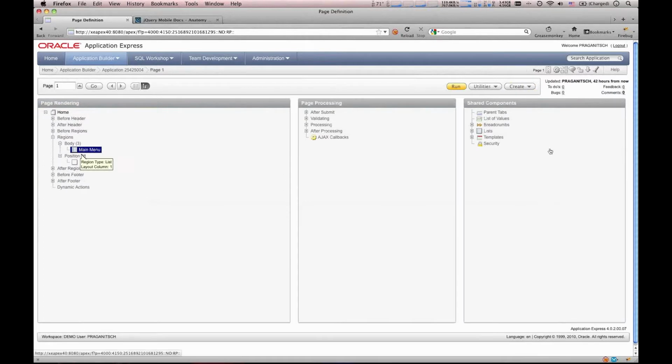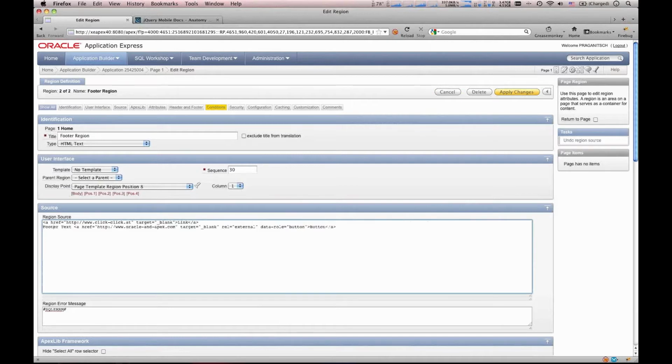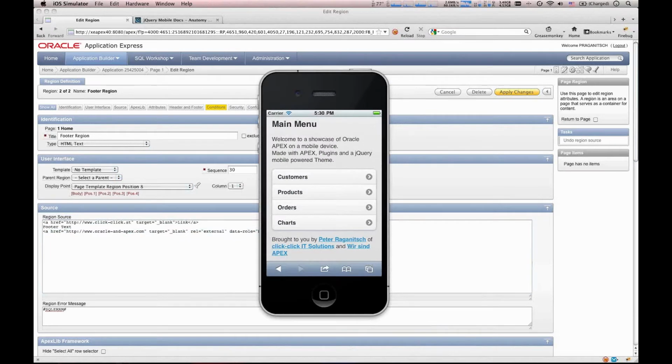So a simple list definition, a simple footer region. This is just to show what different kind of stuff you can put into a footer. The first line will create a standard link. The second one is plain text, and the third one will create a button. As you can see in the simulator,